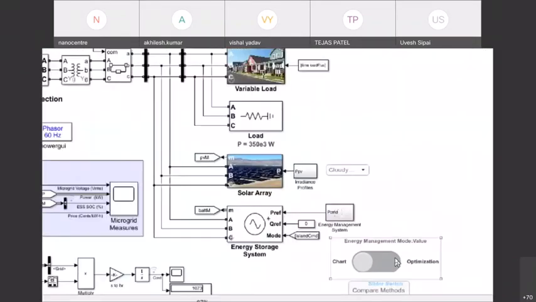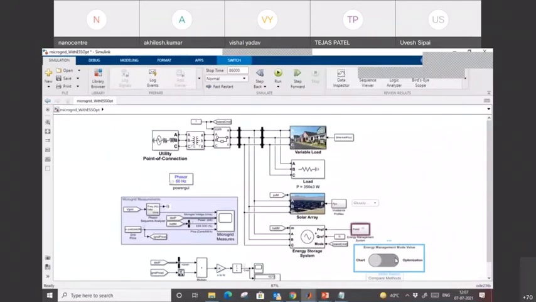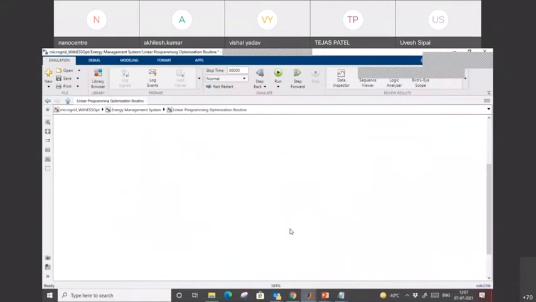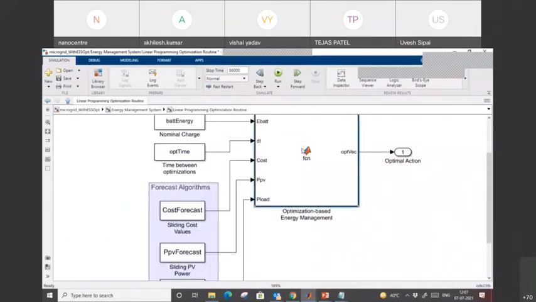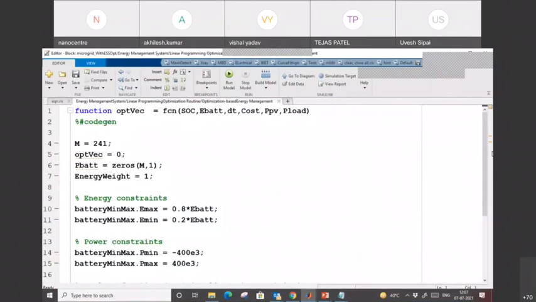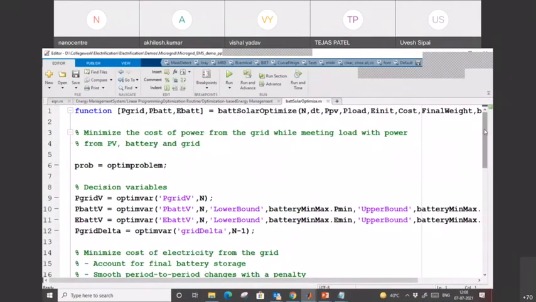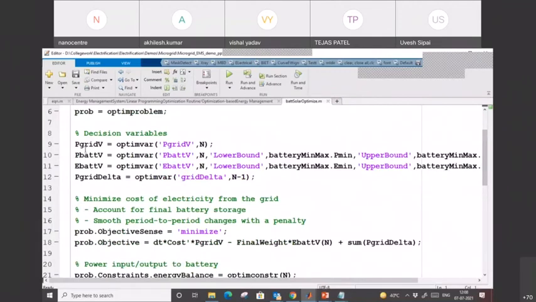Now, I am going to run this model with the optimization algorithm. If I go into the energy management system, into this block, in this function, let me show you that optimization algorithm. I'm just going to open this. It is written in the MATLAB function block.